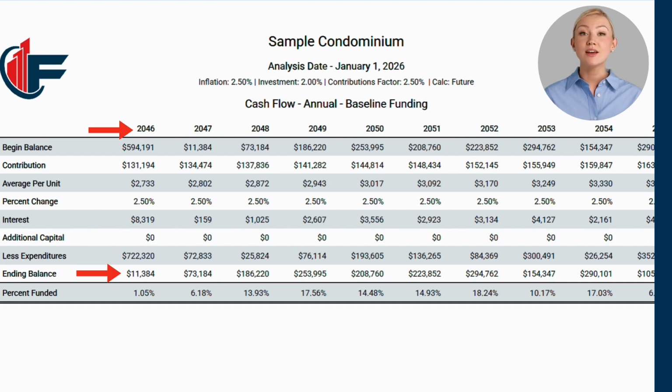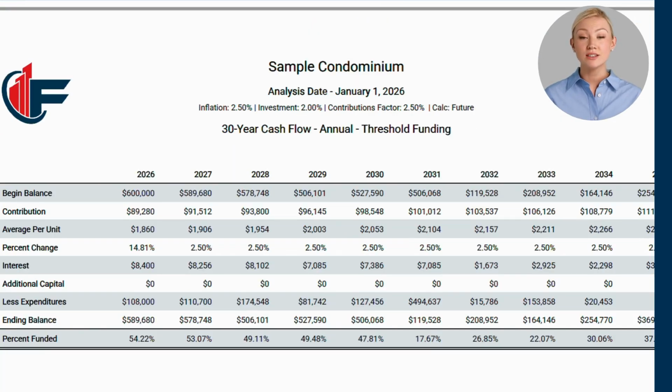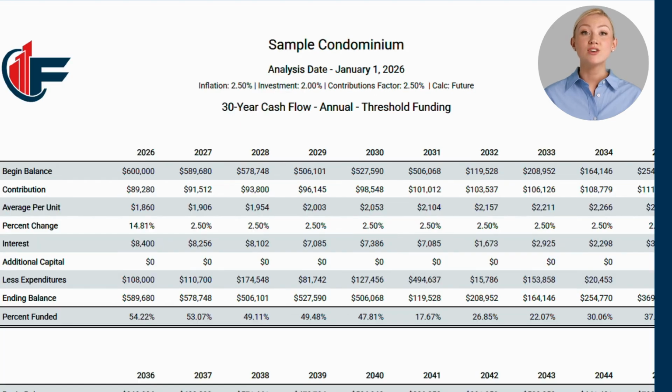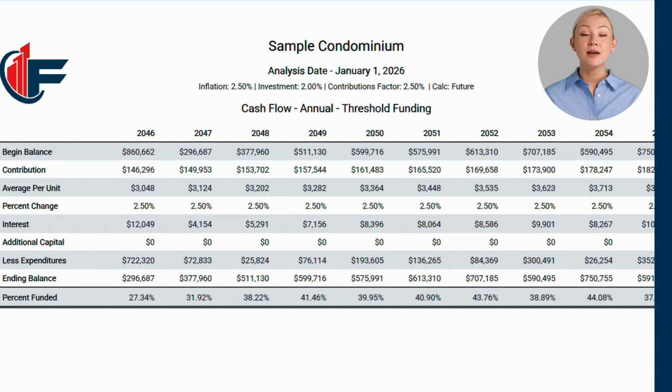With so little margin for error, the baseline strategy is considered a risky funding plan. The second cash flow funding plan presented is the threshold strategy. Its calculations work the same way as the baseline plan, but with slightly higher annual contributions that create a more conservative risk year. In this sample report, the year-end balance in 2046 is